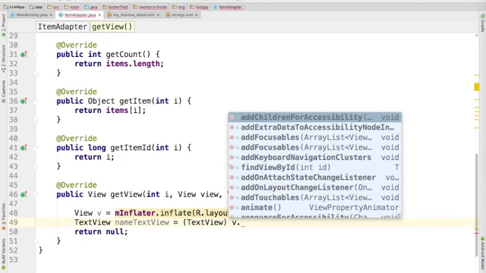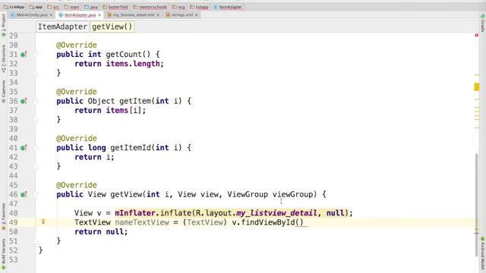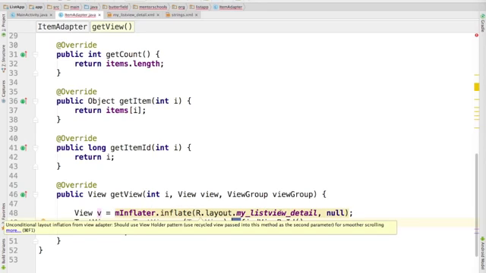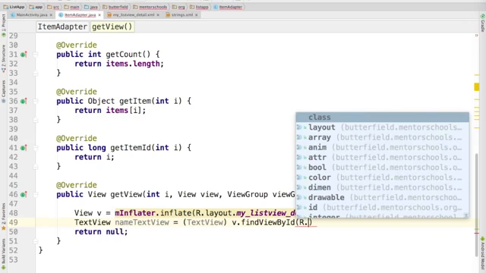You have to look within this current view for something. So findViewById. This is actually a little bit different than what we've already done here. We're looking within this particular view that we've inflated here for a control called, what did we call it? nameTextView. Yeah,